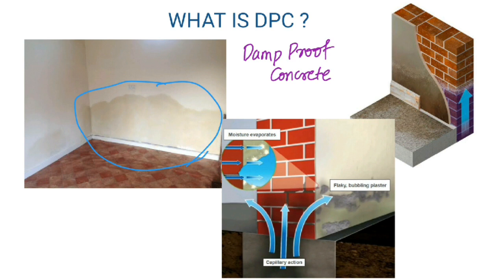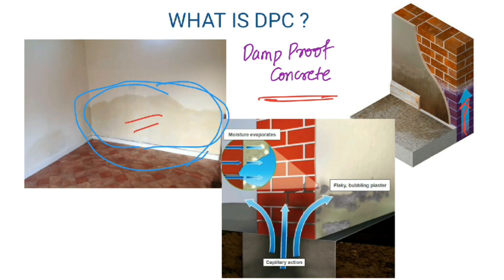You might have seen at many locations and in many houses, there are many walls with dampness, and that has to be avoided. Here you can see in the figure there is dampness, which is mainly caused by masonry constructed without this damp proof concrete. DPC is a layer of concrete which will resist the capillary rise of water in the masonry walls.